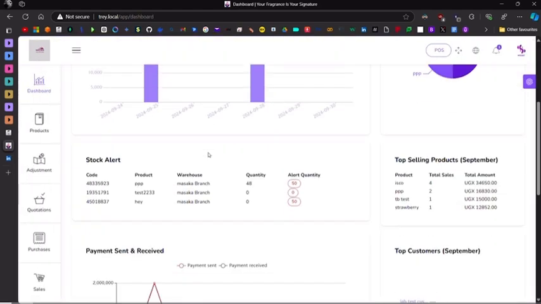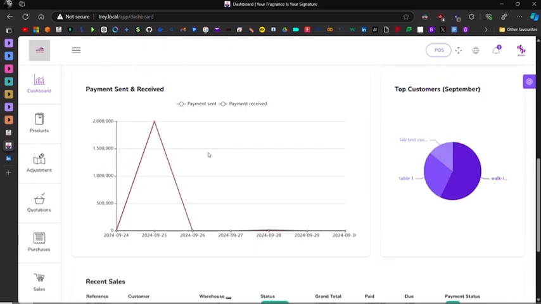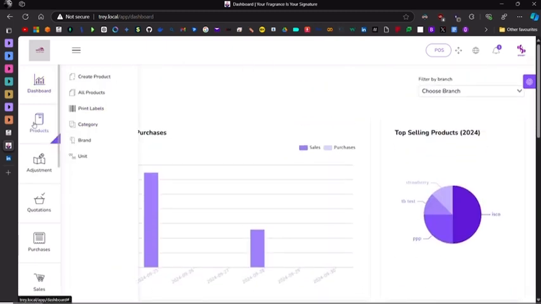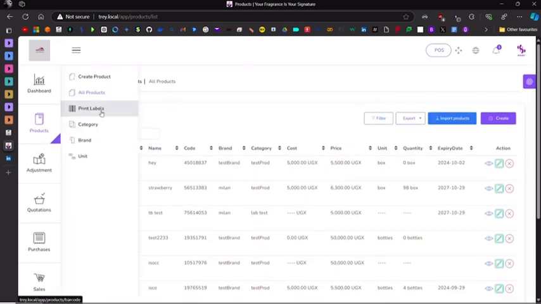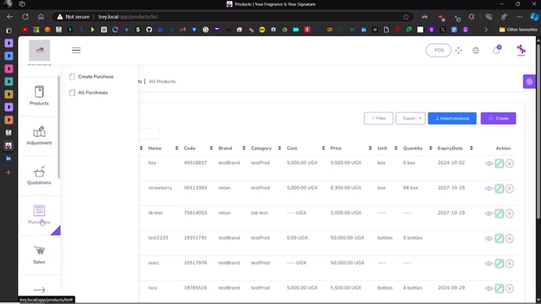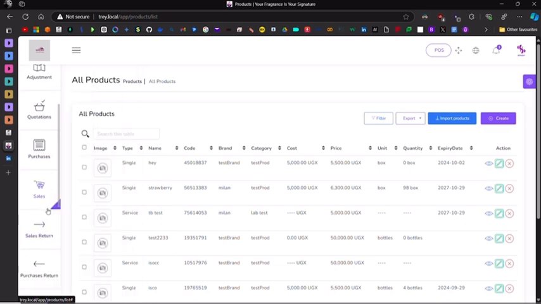So, the normal dashboard. Then the products section, where you can add products and view all the products in the system so far. Labels, category, unit, I'll show you. Adjustment, and quotation: it can do quotations, so this would be good for a hardware or a wholesaler. It has a purchase section, sales, sales return,